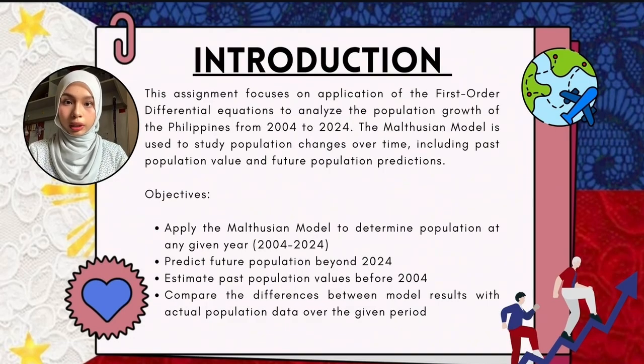This assignment focuses on the application of first-order differential equations to analyze the population data of the Philippines from the year 2004 to 2024, with the aim of achieving several key objectives. These include applying the Malthusian model to determine the population at any given year, predicting future population trends beyond 2024, and estimating population values prior to 2004. In addition, this assignment also aims to examine and explain the differences between the model's results and the actual recorded